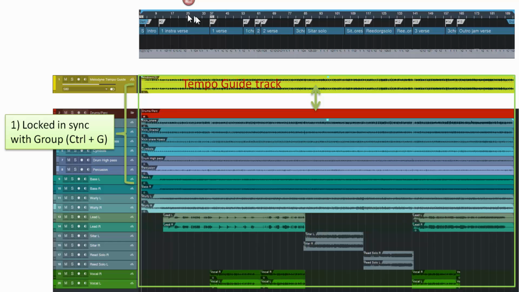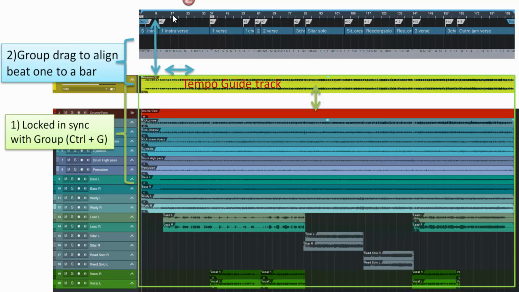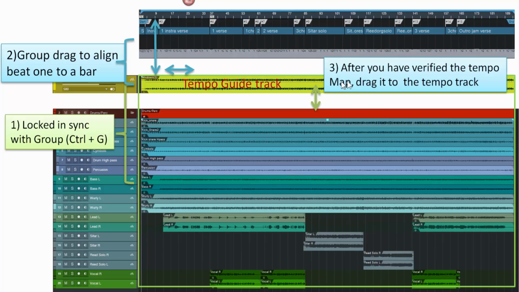And we want to drag it to align it to beat 1 of a bar. Here I show you, lining it up to, say, bar number 9 in this particular example. And we want to make sure we're dragging the entire song so we don't get musicians out of sync with each other. After you've done your tempo mapping, as we've done earlier in the class, and when you've verified